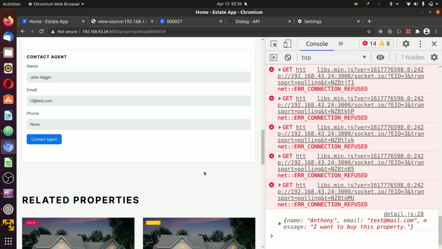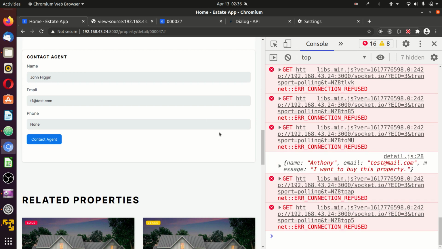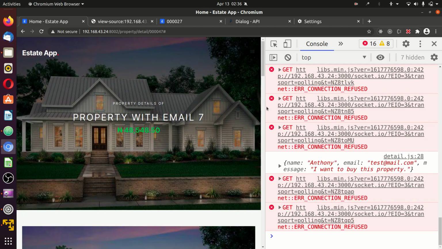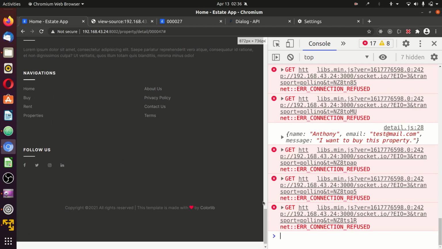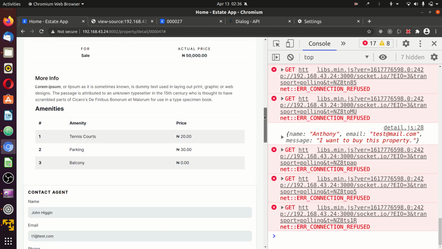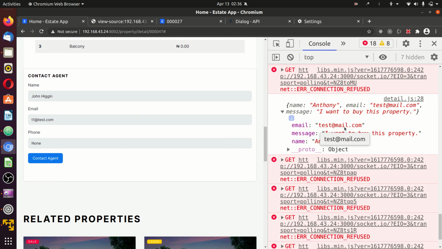Click submit. Once this detail is submitted, an event should fire that says, okay, it picks this, sends it to the backend to process an email, and once the email is done processing, you return a message to the user and say, okay, message has been successfully sent. That's all we want. And how do you go about that? We see the information fed in, email, message, and name. It's that simple. Just write an API,